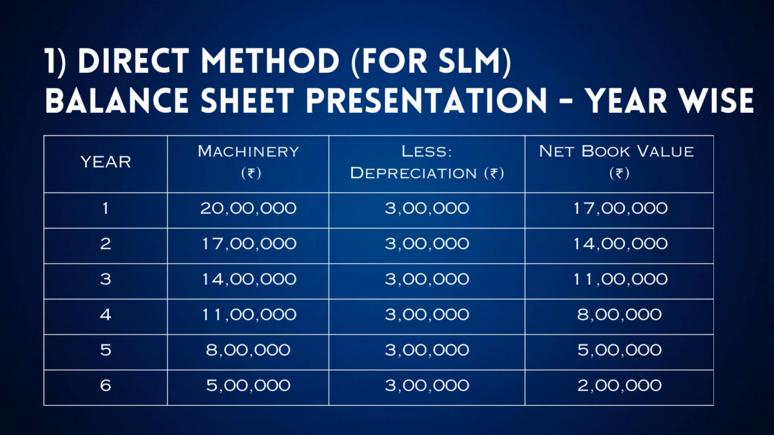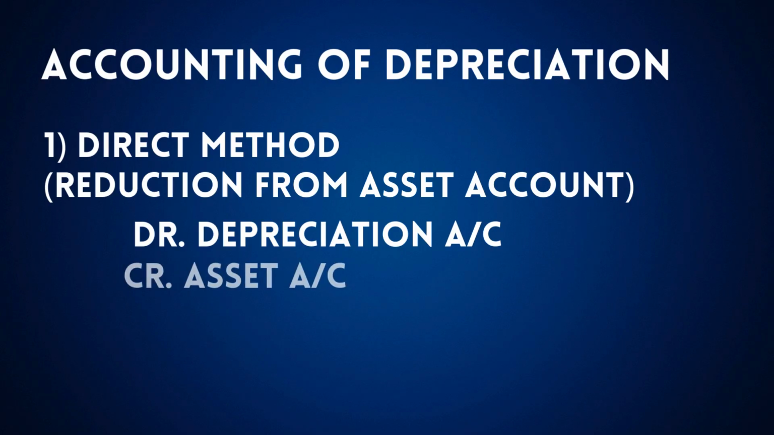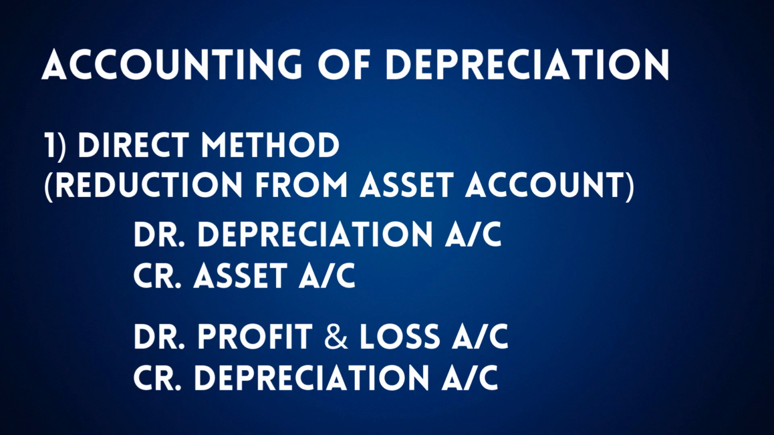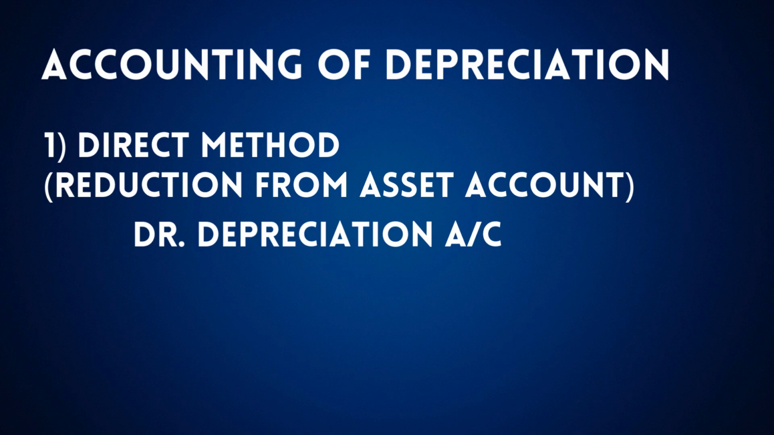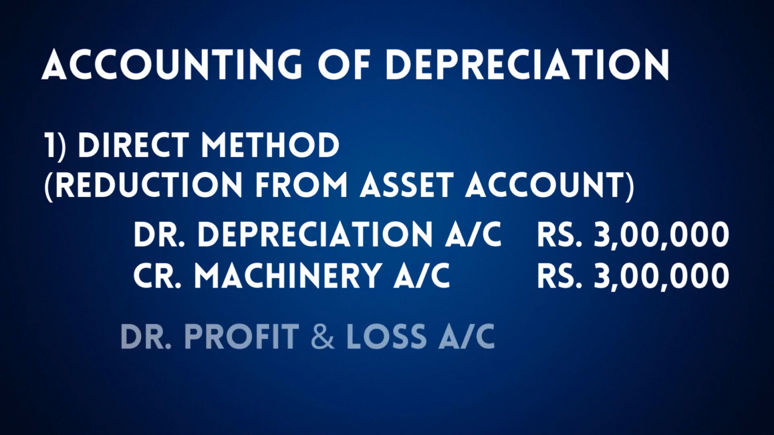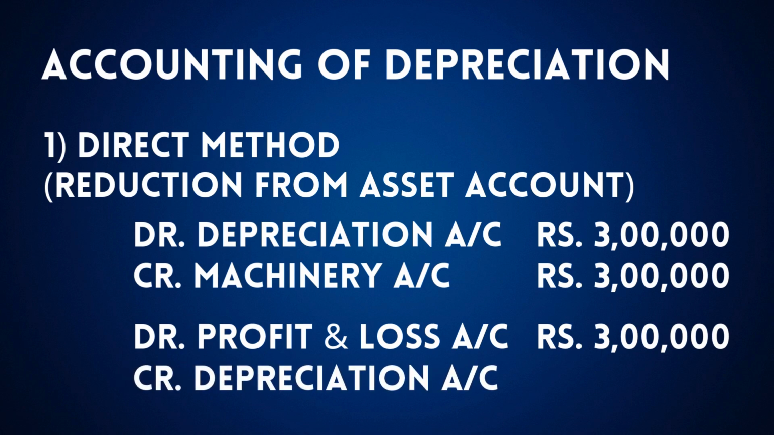Hope this is clear till now. So, the accounting entries passed at the end of every year would be debit depreciation account, credit asset account. Now the depreciation will be transferred to the profit and loss account. Therefore, debit profit and loss account and credit depreciation account. In our current example, the accounting entries for a year would be debit depreciation account rupees 3 lakh, credit machinery account rupees 3 lakh, and then debit profit and loss account rupees 3 lakhs, and then credit depreciation account